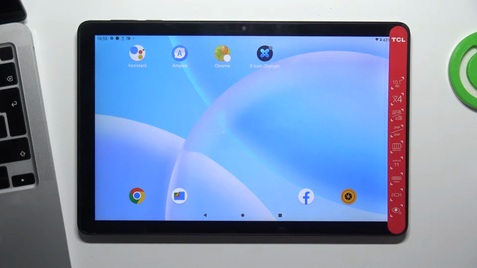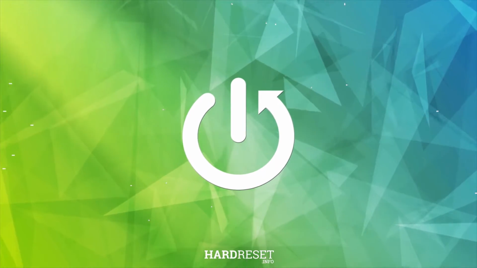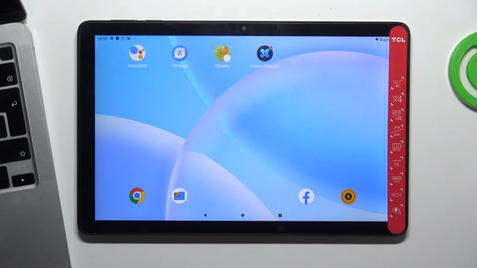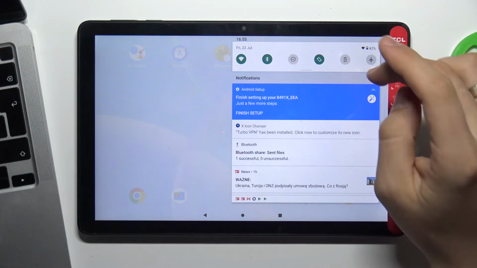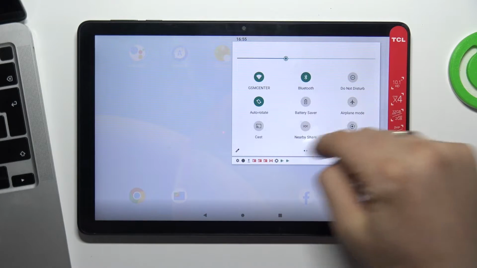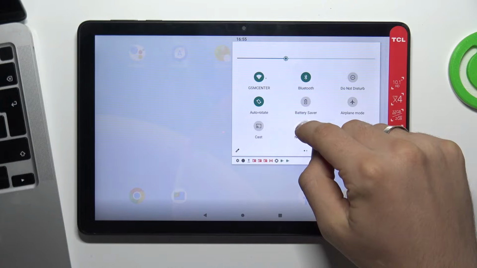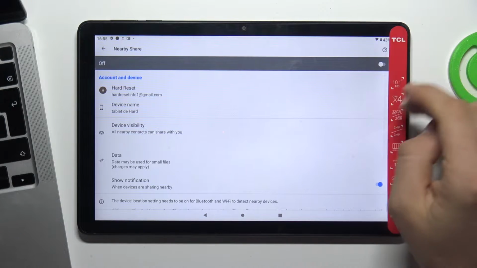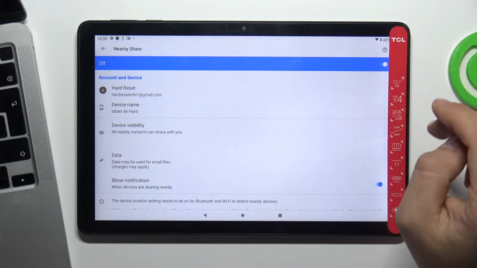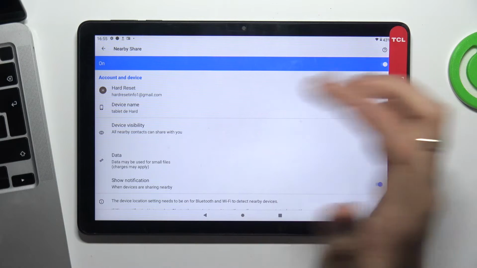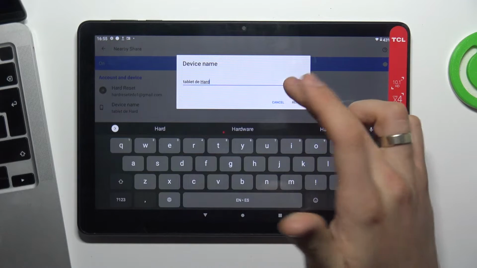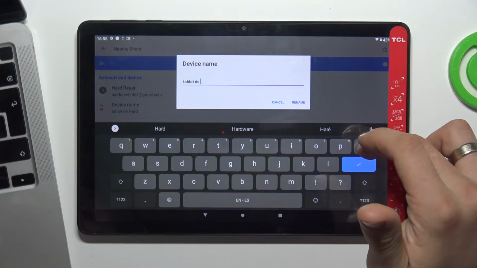In front of me, TCL Tab 10L device, and now I'll show you how to set up Nearby Share on this tablet. So, firstly, you need to open Control Panel, then find here Nearby Share, click and hold on it. Wait a while. Enable Nearby Share, and cool, here you can change your device name, for example Tab